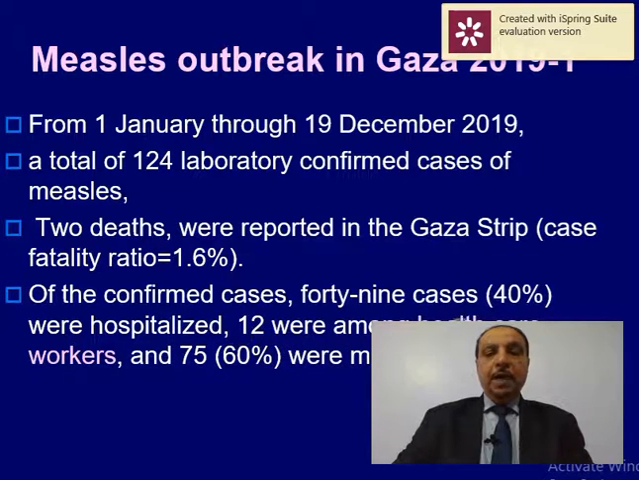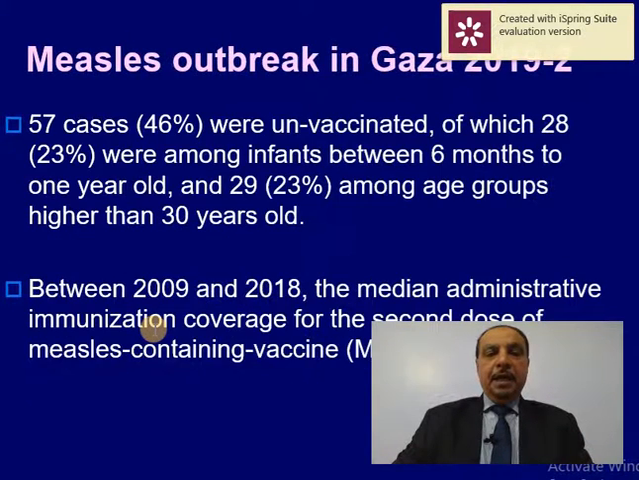12 were among healthcare workers, as we mentioned before. And about 60% of the cases were male. 57 cases, that is 46%, were unvaccinated. This is the cause of getting measles, because they did not get the vaccine, of which 28 cases were among infants